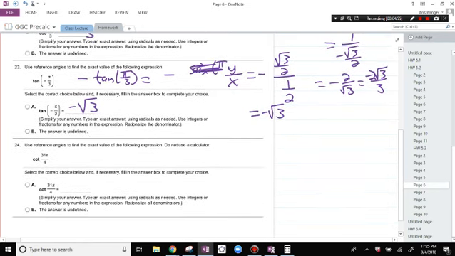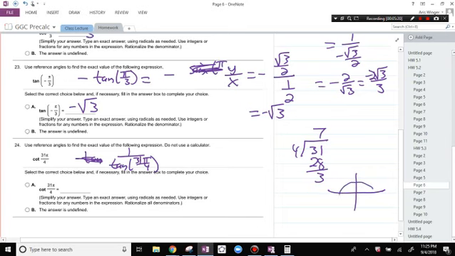Cotangent of 31 pi over 4. That's equal to the tangent. I'm sorry, that's 1 over the tangent of 31 pi over 4. 4 goes into 31 7 times. 28, remainder 3. Going around the circle 7 times. 1 pi, 2 pi, 3 pi, 4 pi, 5 pi, 6 pi, 7 pi's here, and then another